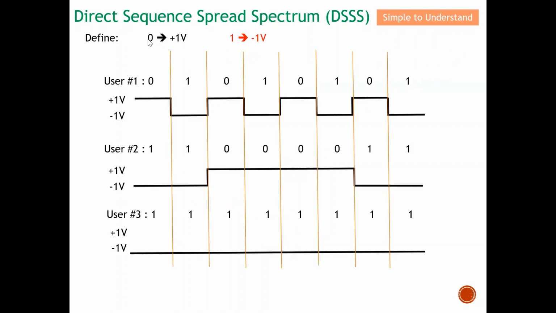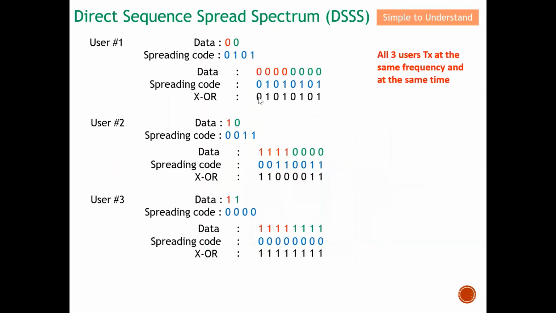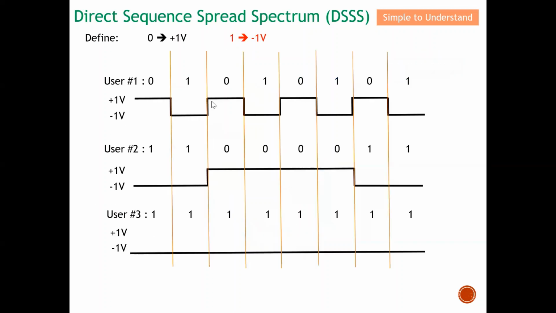So let's define this. When the message is 0, I will use a +1 volt to draw the waveform. When the message is 1, I will have a -1. Okay, so this is 01010101, which is on here, 01010101. Okay, so this is a message. Again, like I mentioned, when the message is 0, I have a +1 volt. When the message is 1, I have a -1 volt. So you can see that the waveform actually becomes a toggle